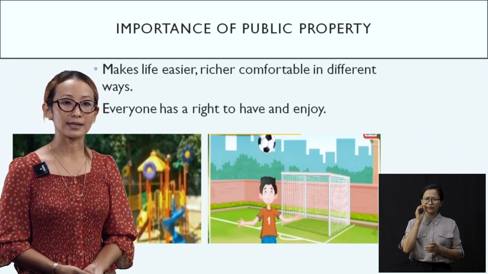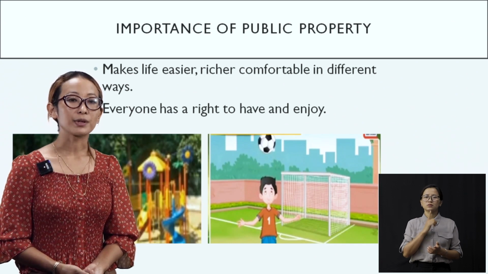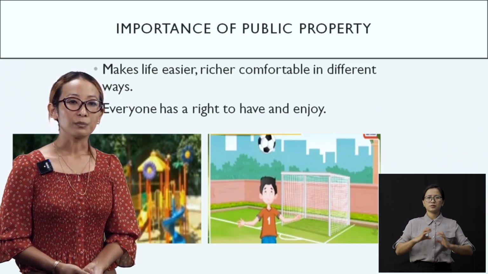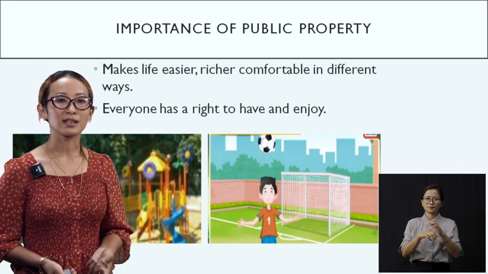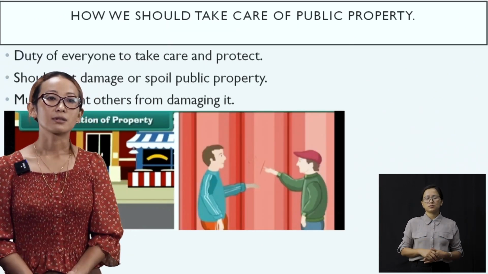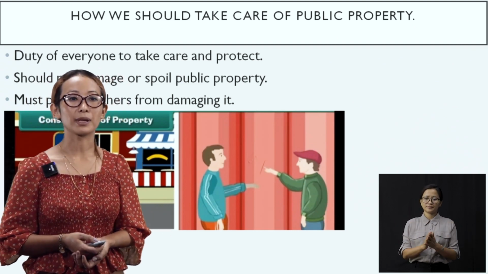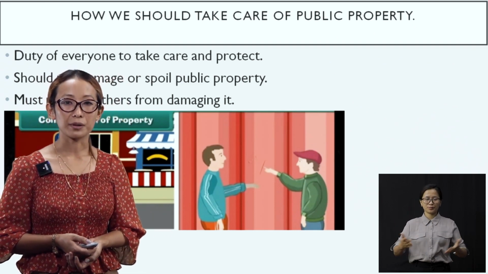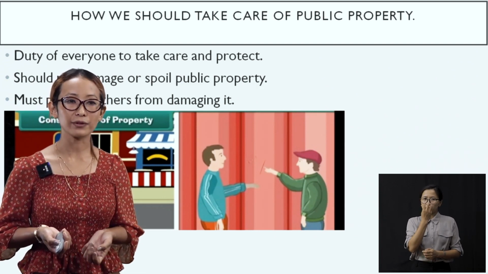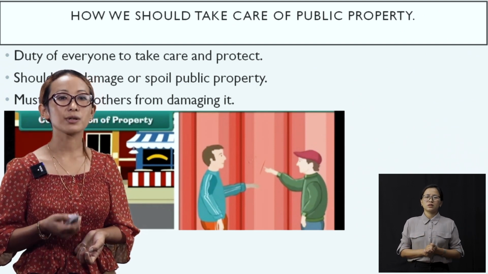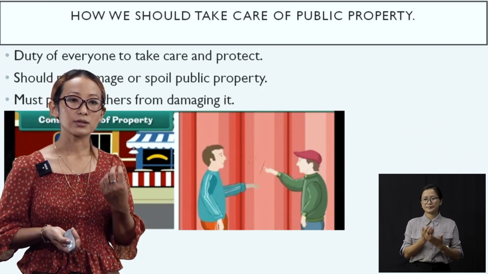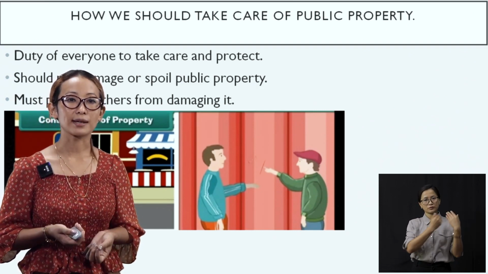So it is very important, as I have told you, and public property should be taken care of, because it makes our life very easy and comfortable, and it helps us in lots of different ways. Okay, so let us learn how we should take care of public property. Public property is very important because it makes our life very comfortable and easy in different ways. So it is the duty of everyone to take care of and protect this public property. Okay, it is a duty of yours and a duty of mine to take care of and protect